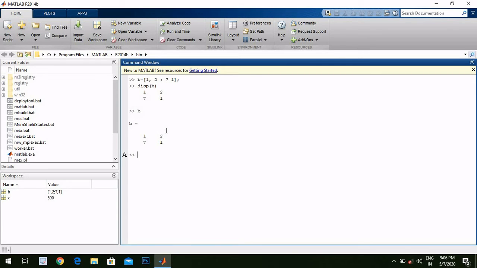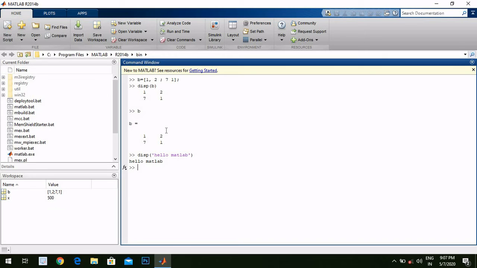Now what if I need some kind of text inside of our MATLAB? Let's check it by typing disp hello MATLAB, enter. So it is going to display hello MATLAB.